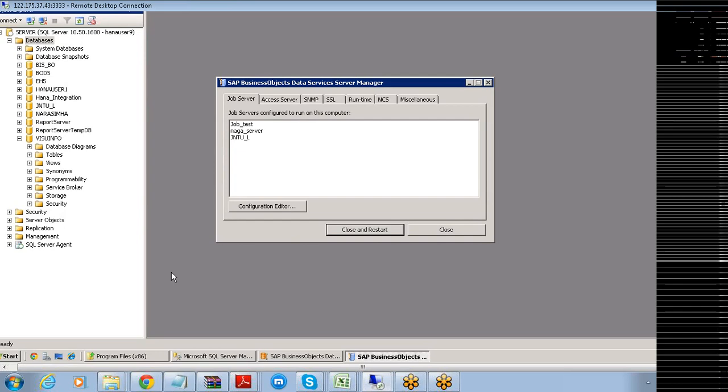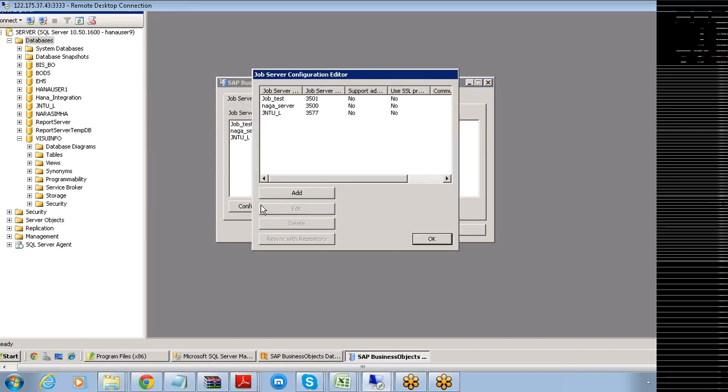To the server of Business Objects Data Services, I'm trying to associate this particular repository, which is something like your HANA integration. For this purpose, I click on this configuration editor and click on this add button here.